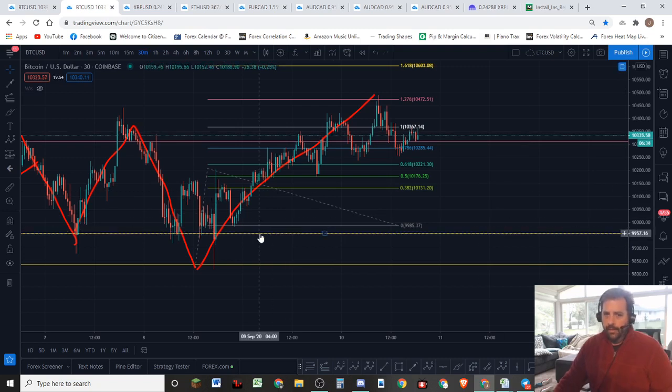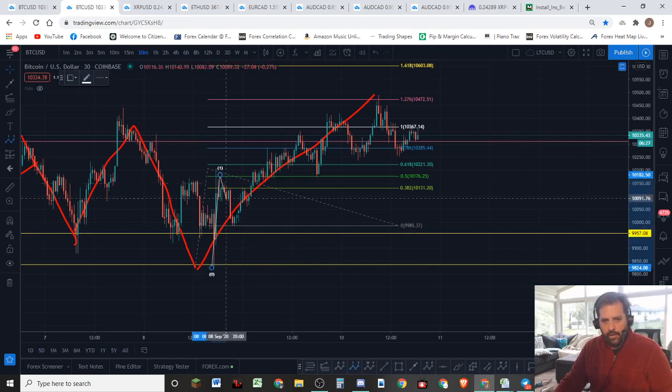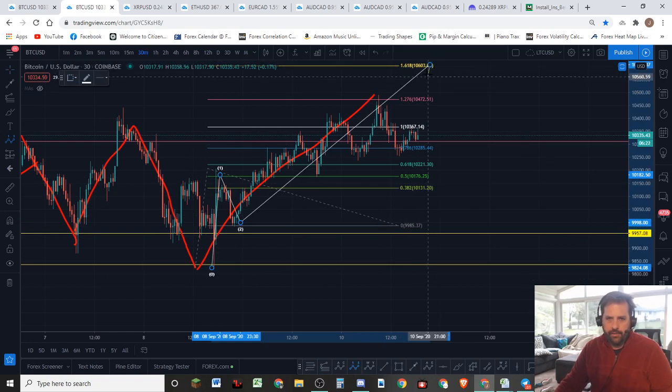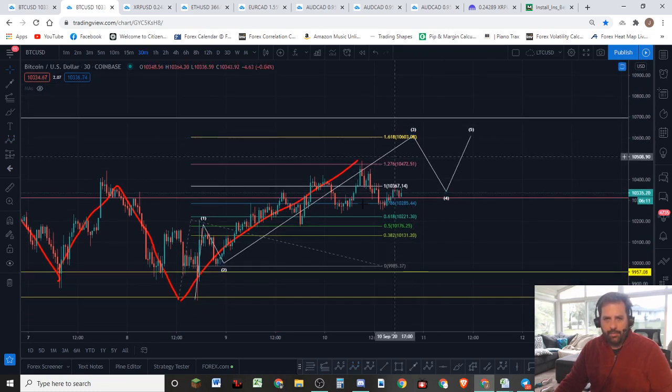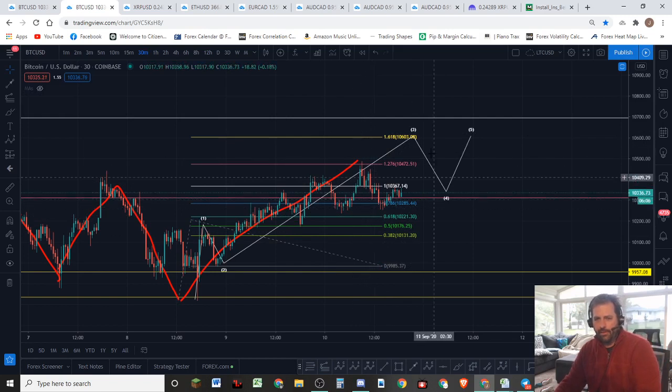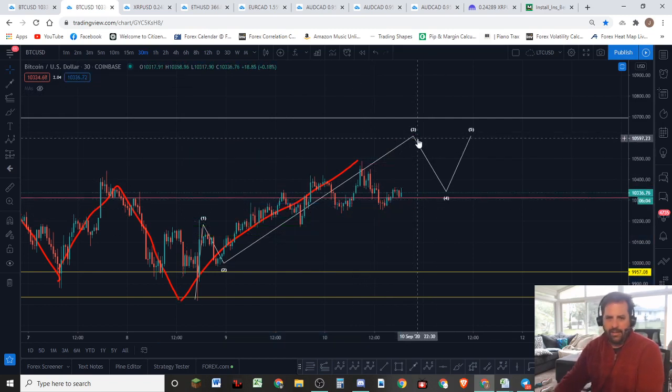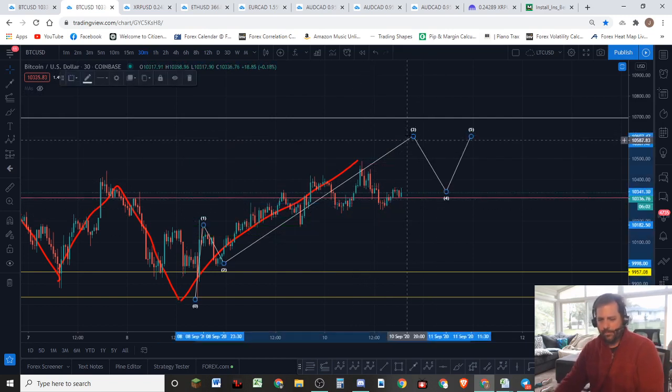So what do you make of that? Well, good question, good point. You might say this is 1, 2, okay, and we haven't gotten the finish of the third wave yet. So this is some kind of 4-wave right up here of the third, and we need to come down. I don't know. I don't like the shape of this for continuation. Well, I do like the shape for continuation, but for just a third wave, it's hard to see it.